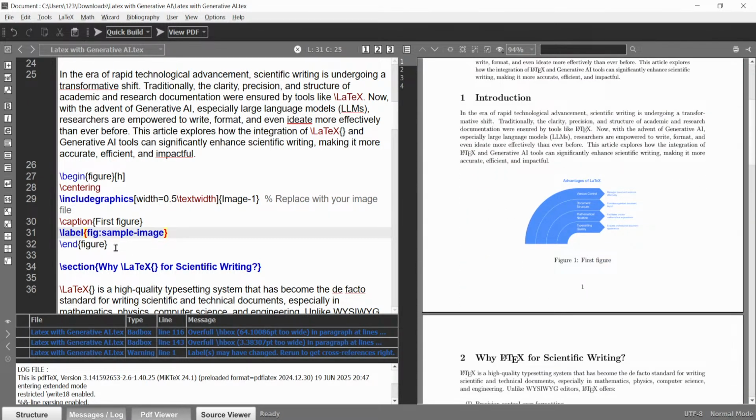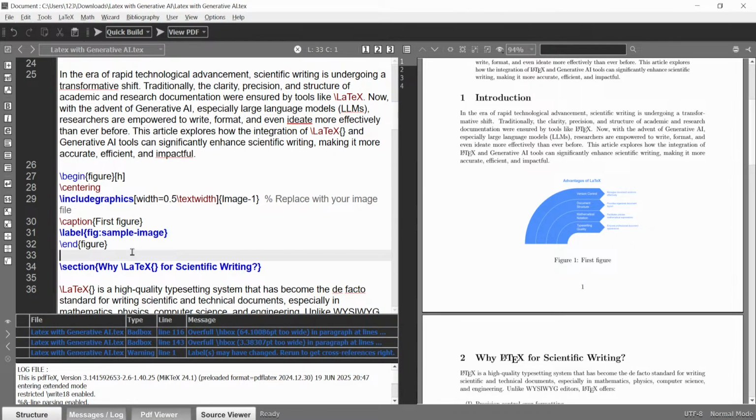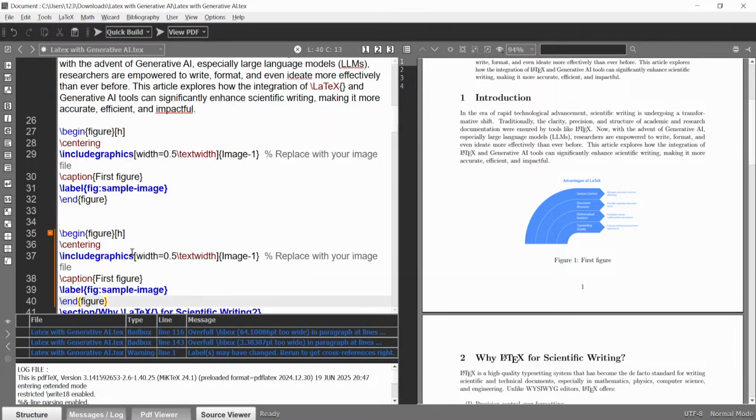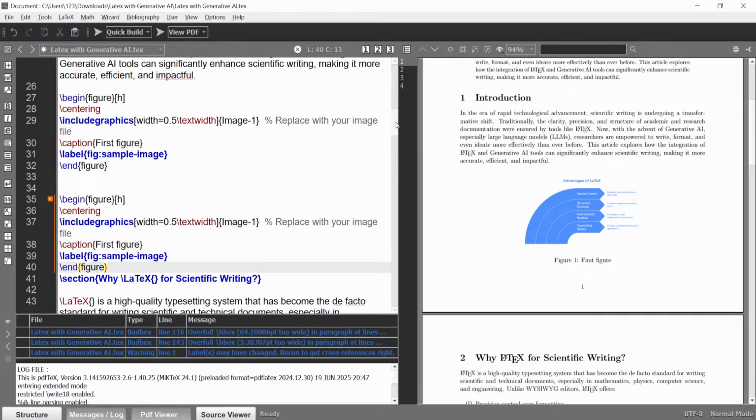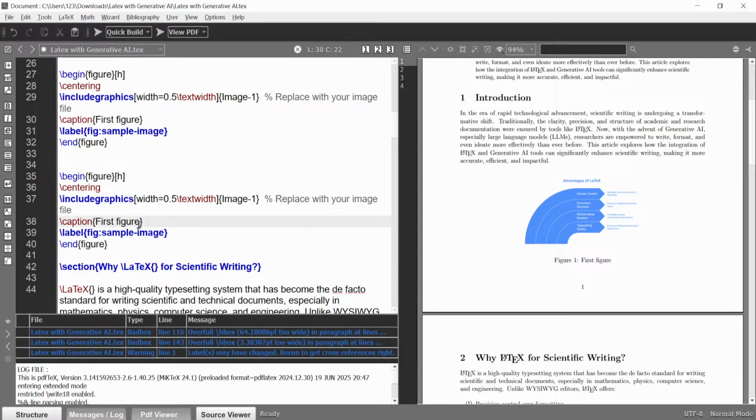If you copy all of this and paste here, this is the second figure, so the caption is second figure here.